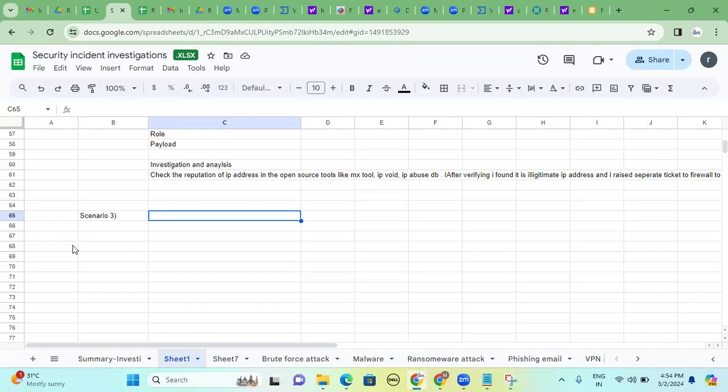So same thing. The first 3 or 4 steps are common for every incident investigation. The alert is received through email notification or SIEM dashboard. Next, respond back, assign the ticket to myself, inform other team members, and create a ticket in the ticketing tool. These are all common. Identify the incident